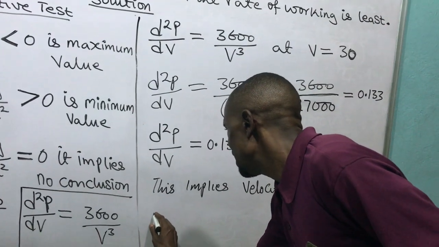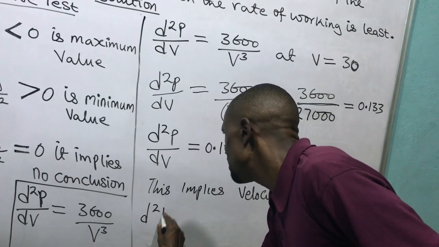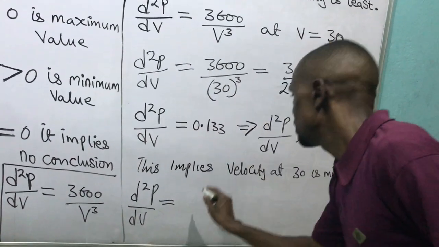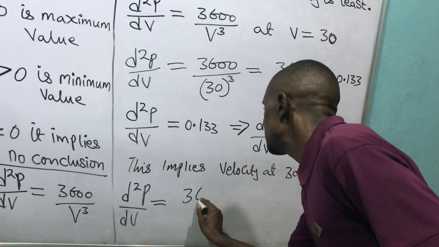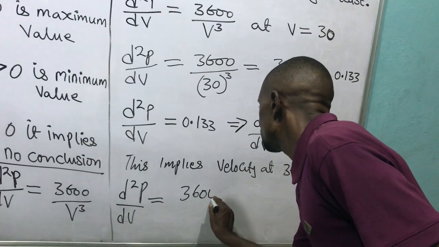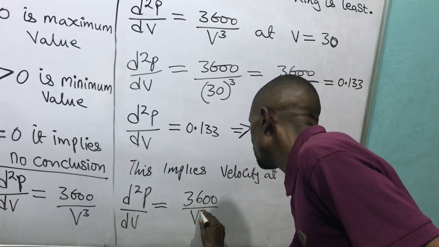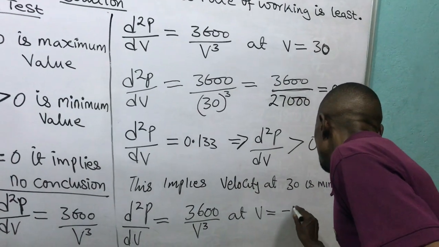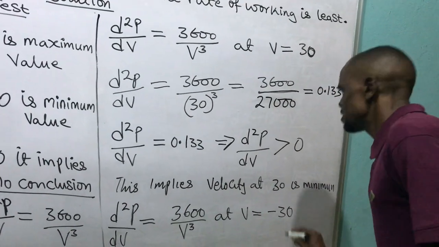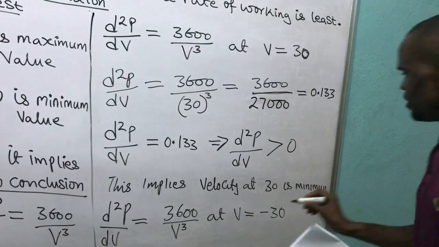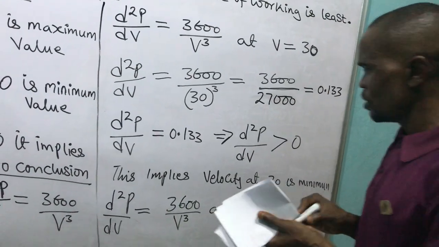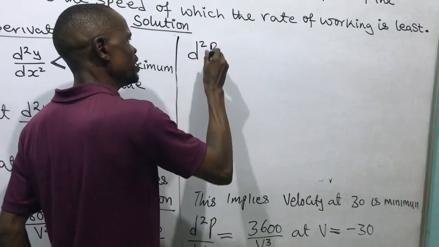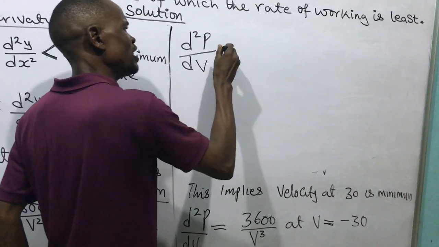If I have again d squared p over dv squared equals 3600 over v raised to power 3 at v equals minus 30, now substituting the value, I have d squared p over dv squared equals